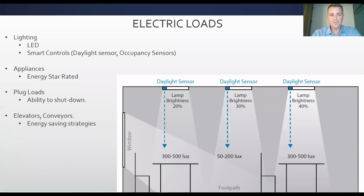Your plug loads. This is also a critical factor in your electric load, and this will all go into your energy simulation models as you're doing design. But the ability to shut down plug loads. I think a lot of us have heard about vampire energy, and that's energy that's still being drawn when an item or a fixture appliance is not being used. So